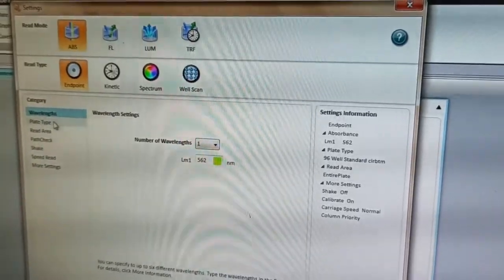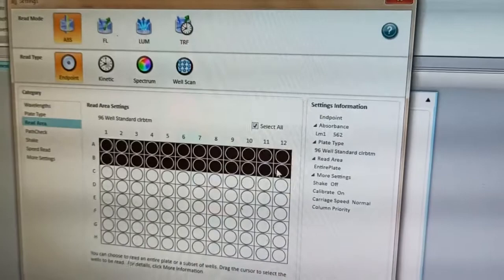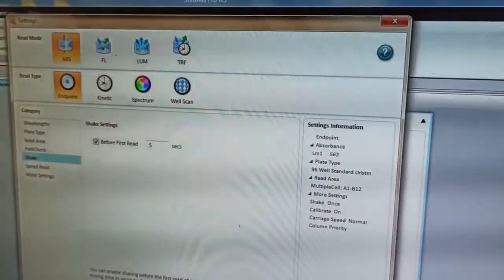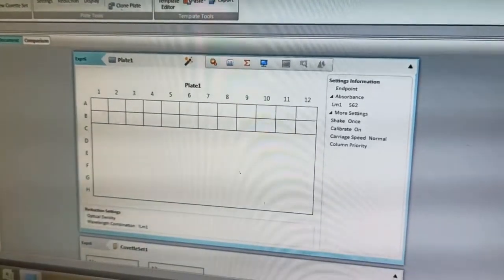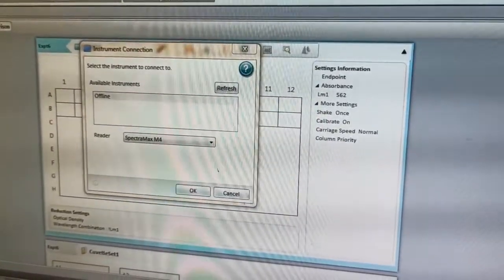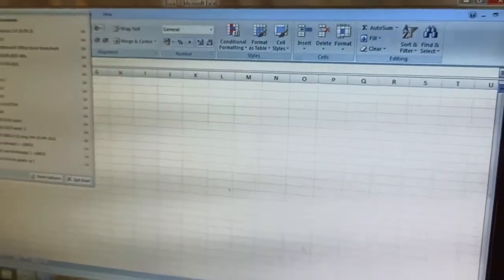Select wavelength as 562 nanometer. Select the rows which you want to measure. Absorbance. Wait for the software to connect. Then also open Excel to copy the data.